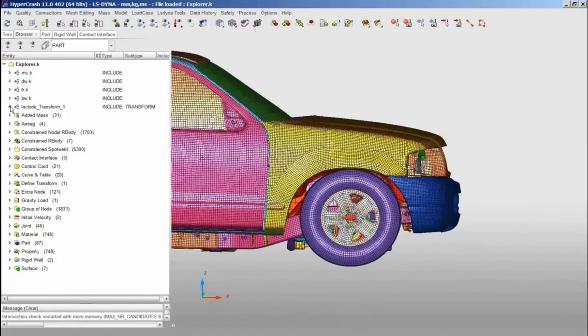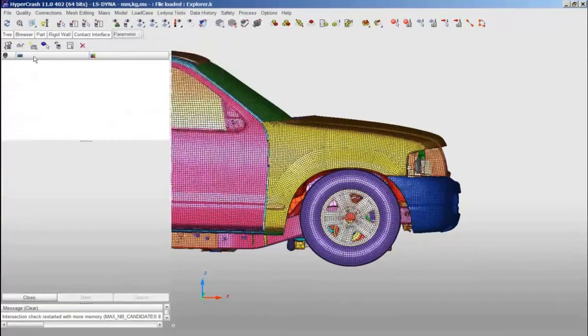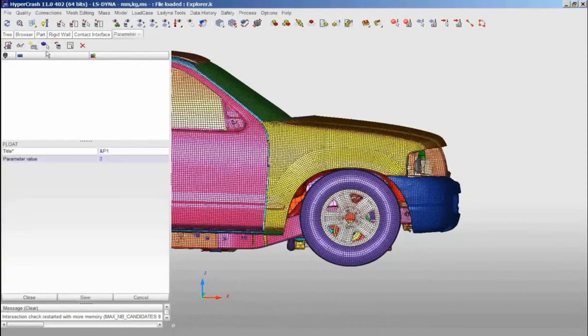Another feature which is very often used in LS-DYNA is parameter. What you can do in LS-DYNA is define a parameter and use this parameter at any position within your model. In HyperCrash, you can use the parameter editor to define this parameter. In the LS-DYNA tools, you will find the parameter editor. In this parameter editor, you can define a new parameter, a float parameter, for example. Call it, for example,